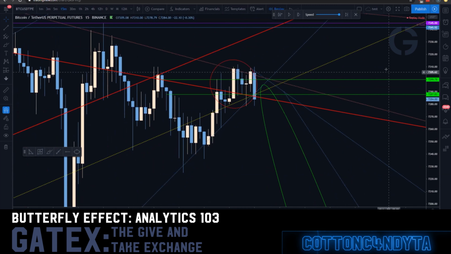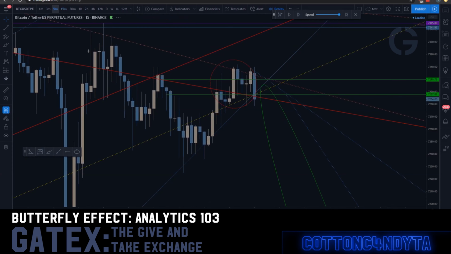So what I want you to do here is take my annotate tool. We have the leg of the move right here, right? So we understand that the range is somewhere between the leg of the move, and we can even just in this example use this candle here. Yeah, okay, that's fine. So what I want you to do is go to a smaller time frame here. 5 or 3? Yeah, 5 is good.